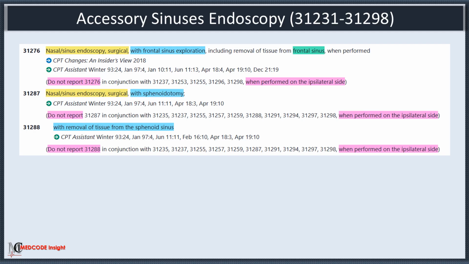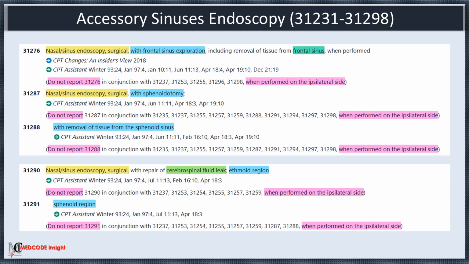Code 31276 is used for nasal sinus endoscopy surgical with frontal sinus exploration, including the removal of tissue from the frontal sinus when performed. Code 31287 is used for nasal sinus endoscopy surgical with sphenoidotomy. When sphenoidotomy is done with the removal of tissue from the sphenoid sinus, use code 31288. Codes 31290 and 31291 are used for nasal sinus endoscopy surgical with repair of cerebrospinal fluid leakage in the